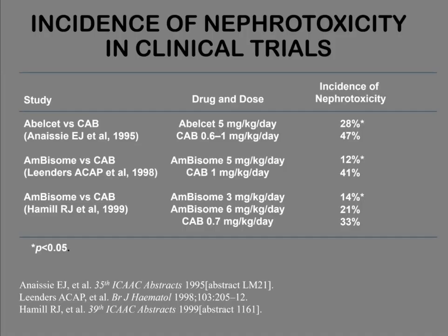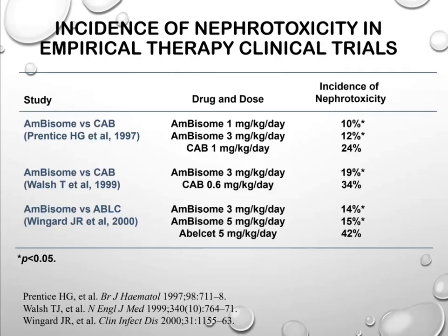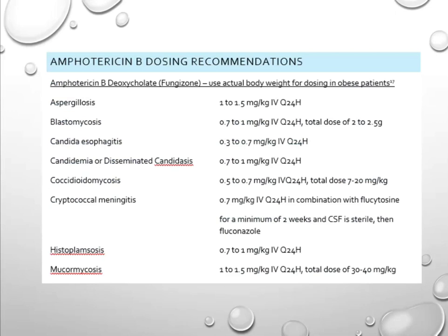Nephrotoxicity, really this is the hallmark of this entire group. All three of these agents had lower incidence of nephrotoxicity than conventional amphotericin B. But in the Wingard trial, which actually looked at AmBisome compared to Abelcet, they not only saw that AmBisome had a lower infusion reaction rate, so it had a lower nephrotoxicity rate. So AmBisome seems to have a lower incidence of infusion-related reactions and nephrotoxicity, even than the other lipid formulations of